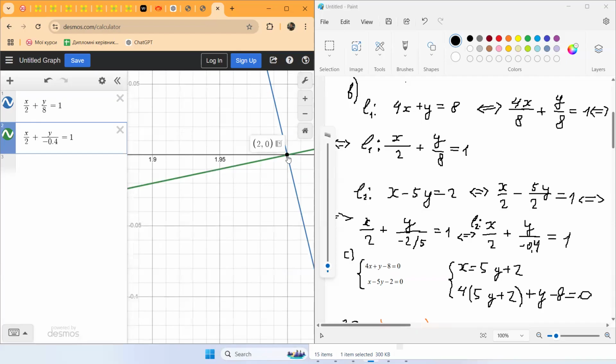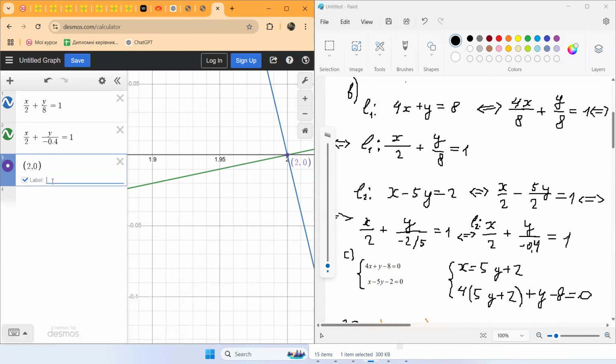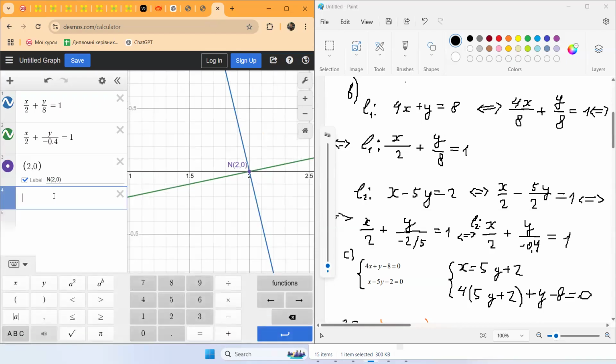By the way, also, so the x-intercept for this line L2, and by the way, we have found the intersection point of these lines, so N. So here it is on the graph. Then